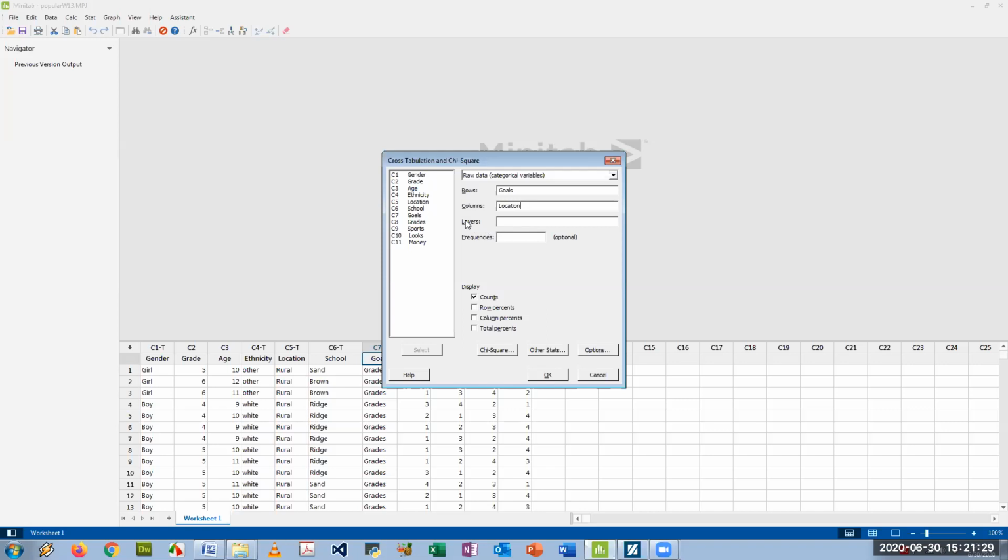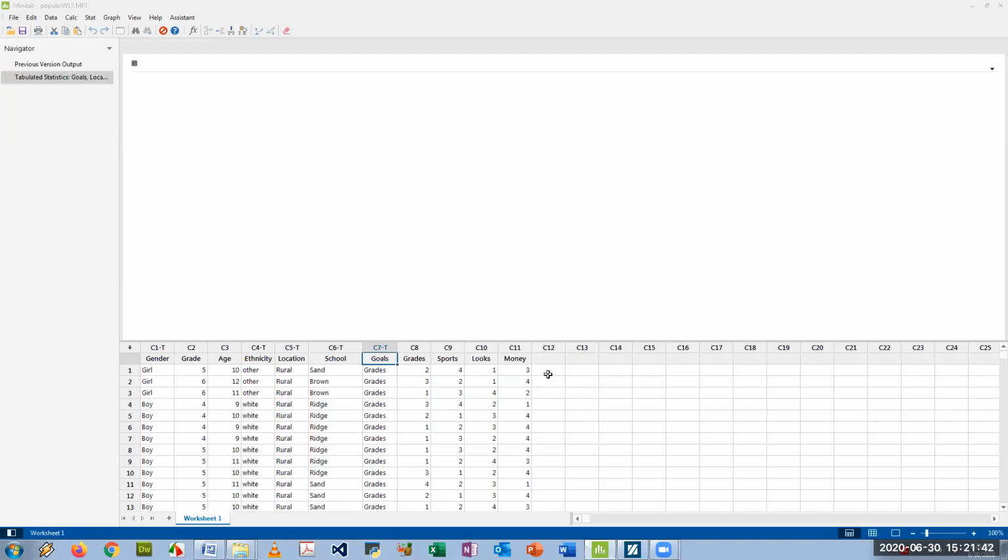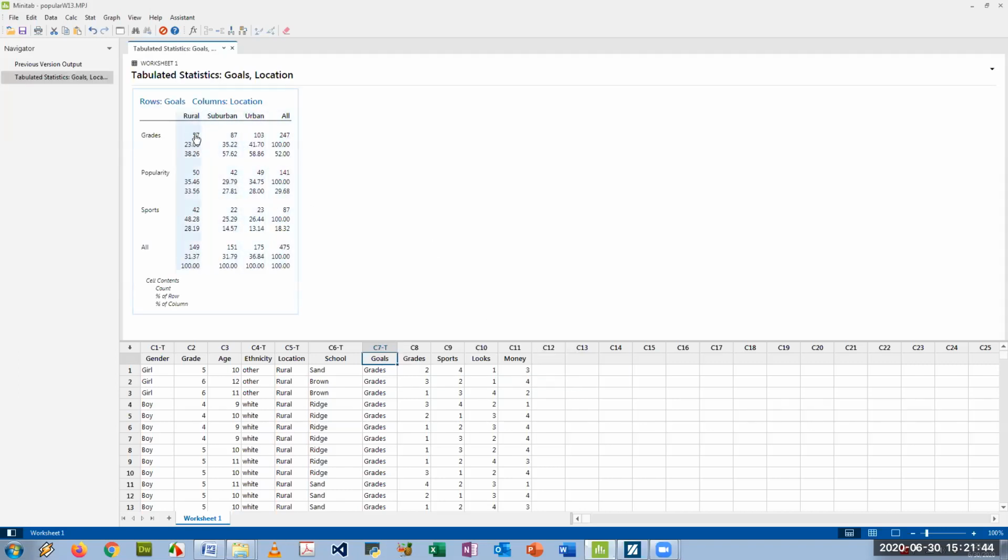And for the column variable, I'm going to pick the location of the school district: rural, urban, or suburban. You have an option here of asking for row or column percentages and total percentages as well. I usually just pick these two. We'll click OK and see what that looks like. The first number is shown as the counts. The second number is the percentage of row